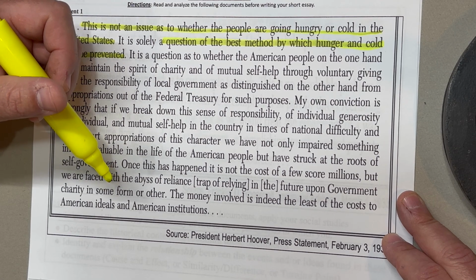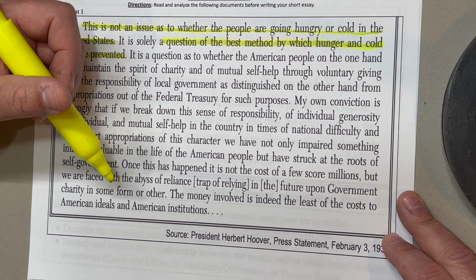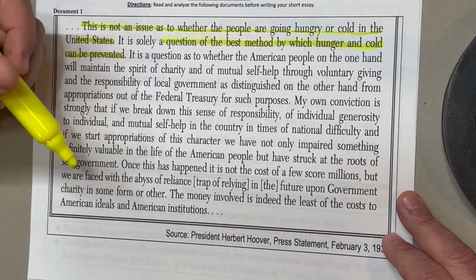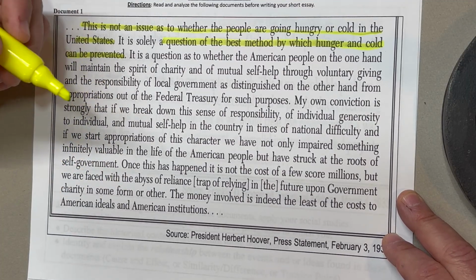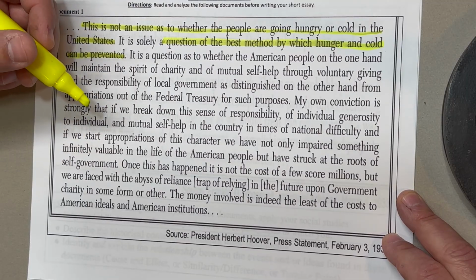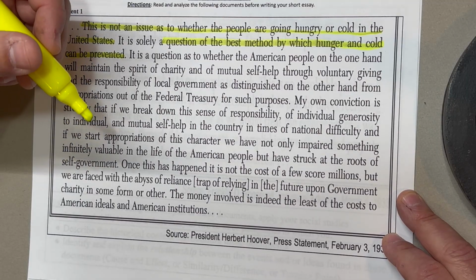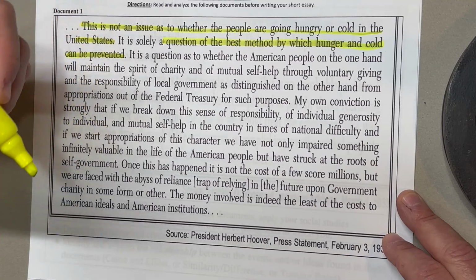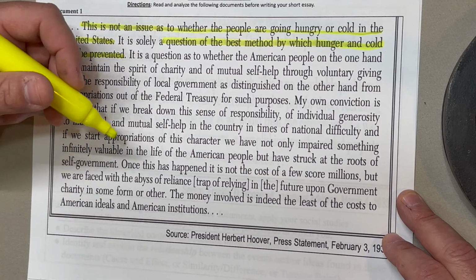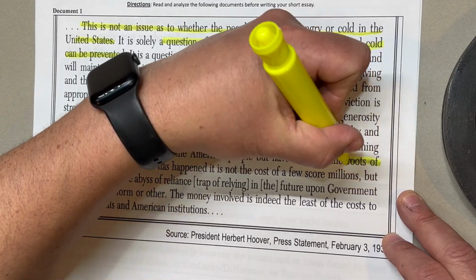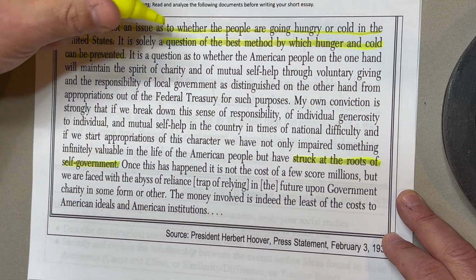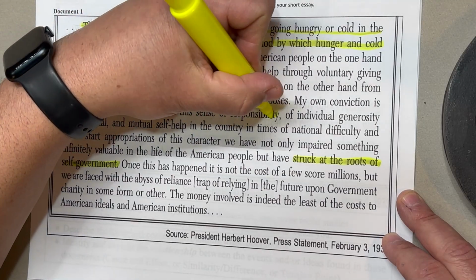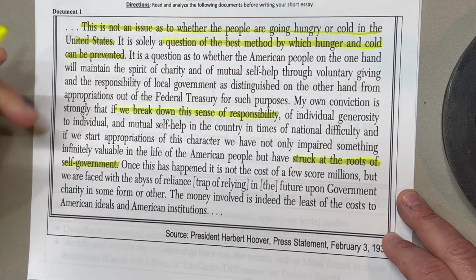The money involved is indeed the least of the costs to American ideals and American institutions. So this really reflects his laissez-faire attitude. He's worried that if the government steps in, it's going to take away from people's ability to do for themselves. So he feels like this would strike at the roots of self-government. All right, that if we break down this sense of responsibility,